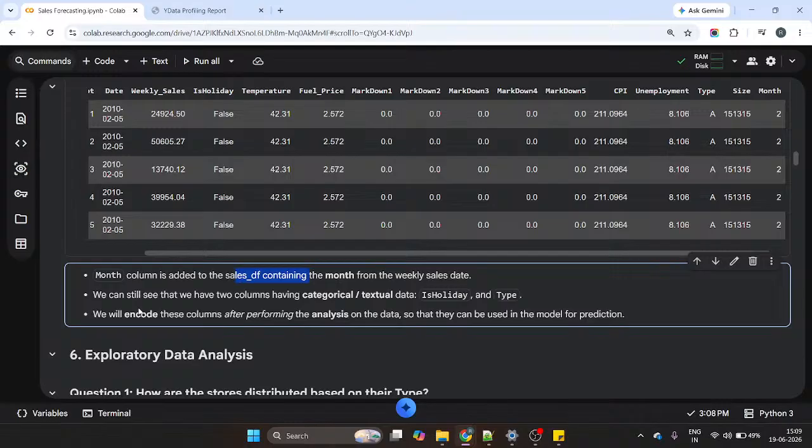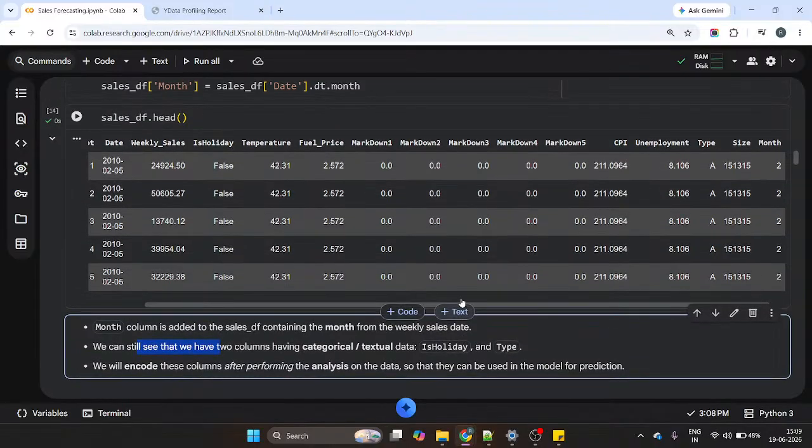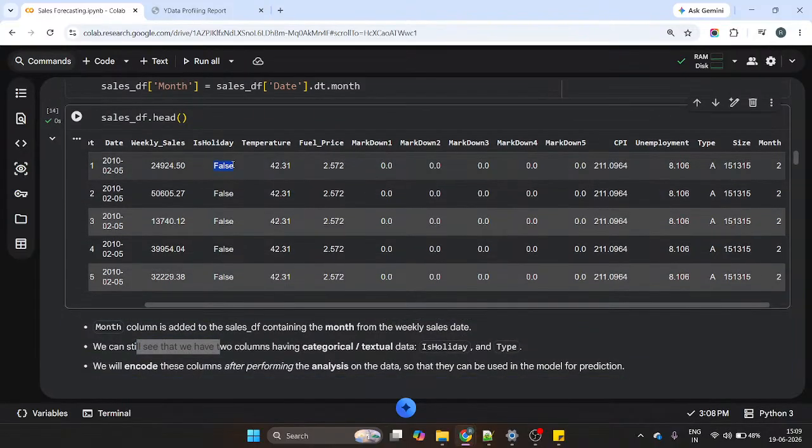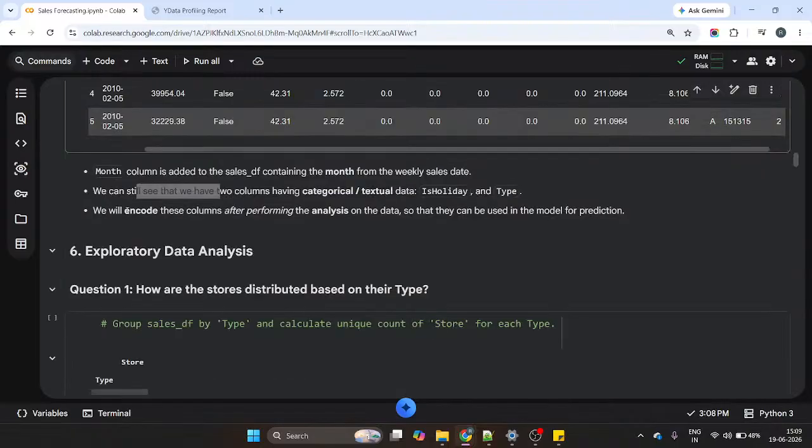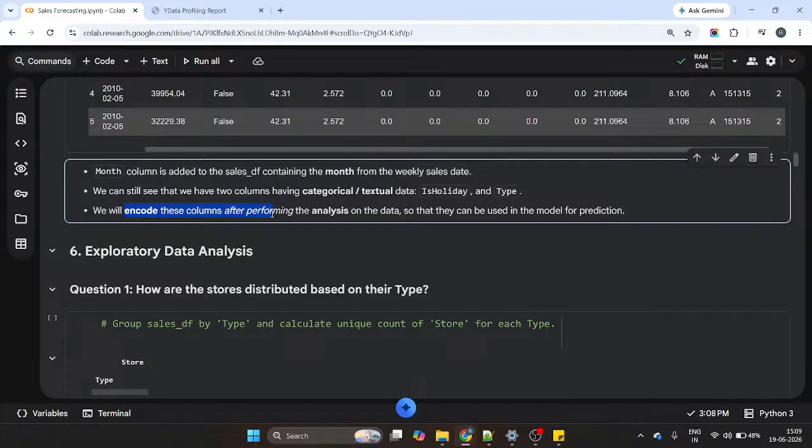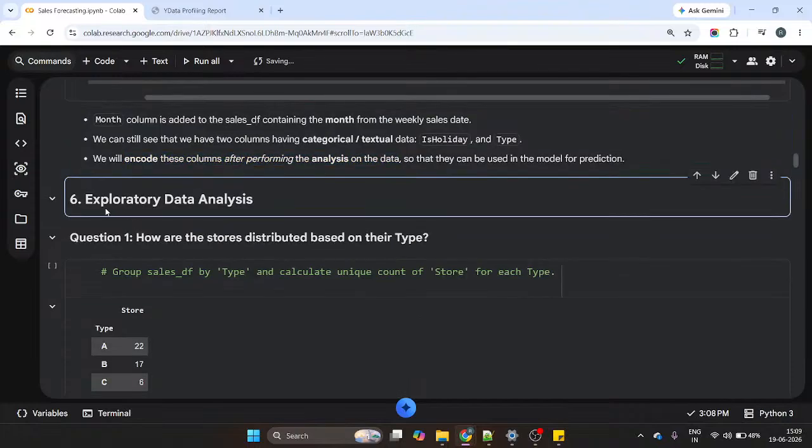We can still see that we have two columns having categorical and contextual data, that is holiday and type. We will encode these columns after performing the analysis on the data, so that they can be used in the model for prediction. Okay, so now we will